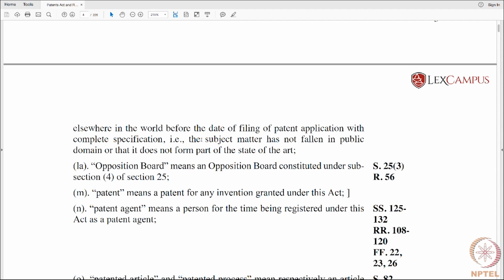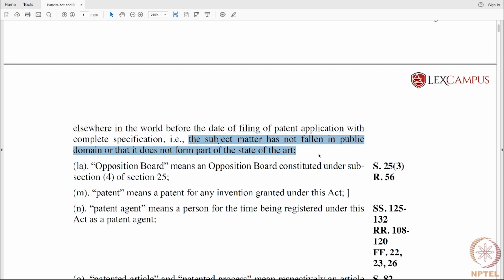That is, this is the critical part. The subject matter of the patent has not fallen in public domain or that it does not form part of the state of the art. So you find mention of the term state of the art, which we have just mentioned, is nothing but prior art in the Patents Act.